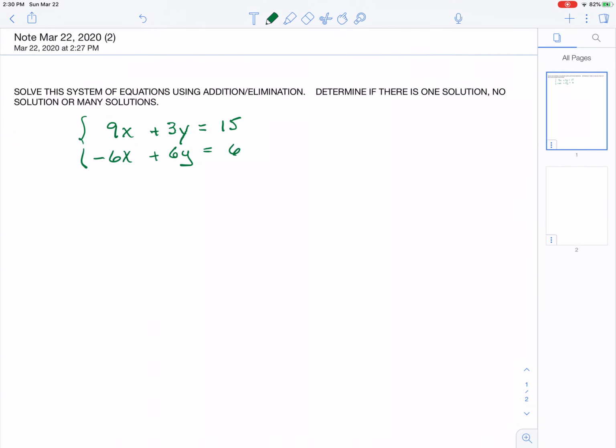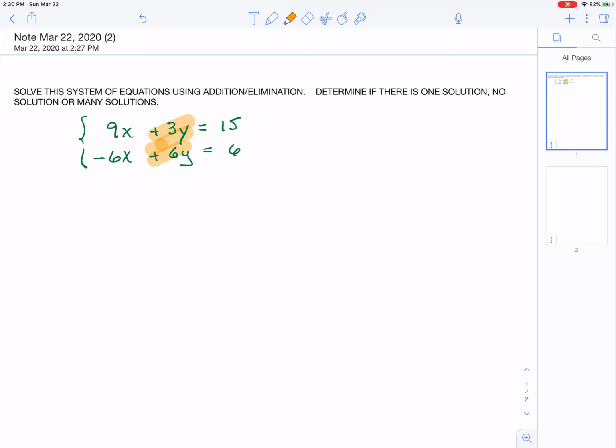This is a system of equations that one of my students sent to me. Two variables, two equations, and we are instructed to solve this by the adding/eliminate method. So I'm going to decide here, I can either decide to eliminate the x variables or the y variables, and I think it's going to be easier for me to work here to try to eliminate the variable